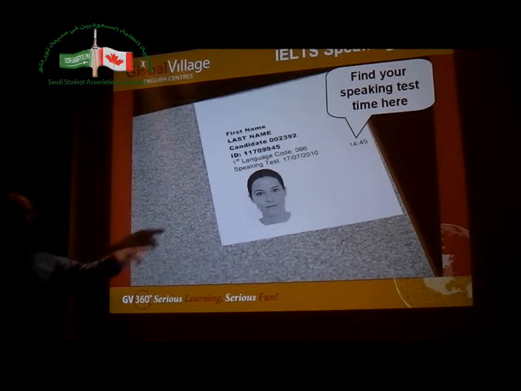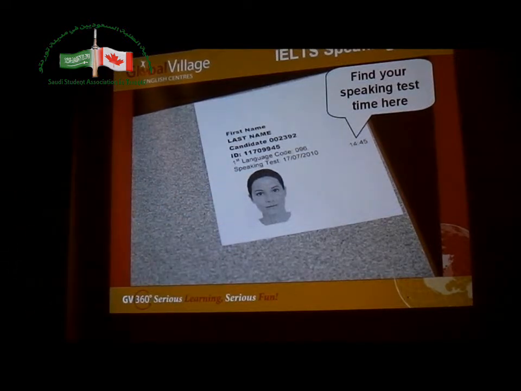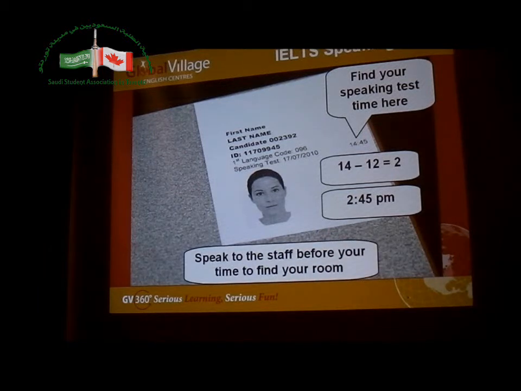Okay, when you go into the room, this is the examiner. This is you, very nervous before you go to speak to the examiner. Okay, and just a quick note, what's this? Record. Yeah, it's one of these, right? So try to ignore it, okay? Don't worry that they're recording your voice.